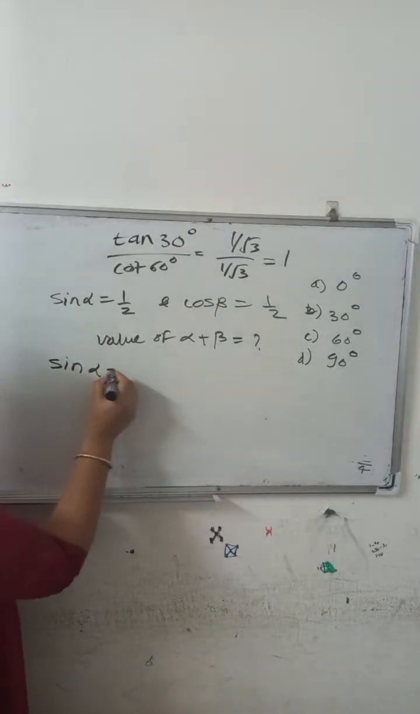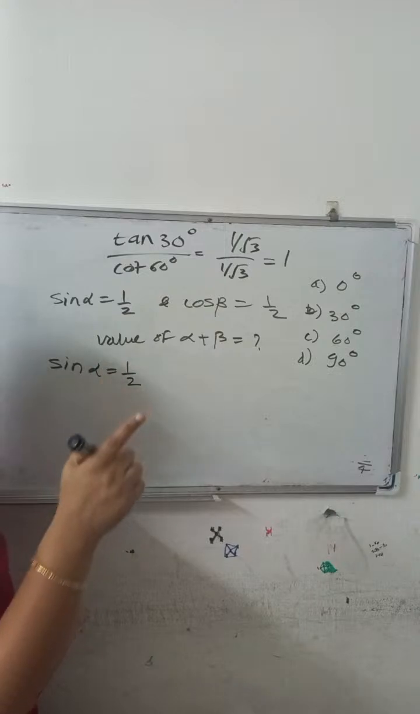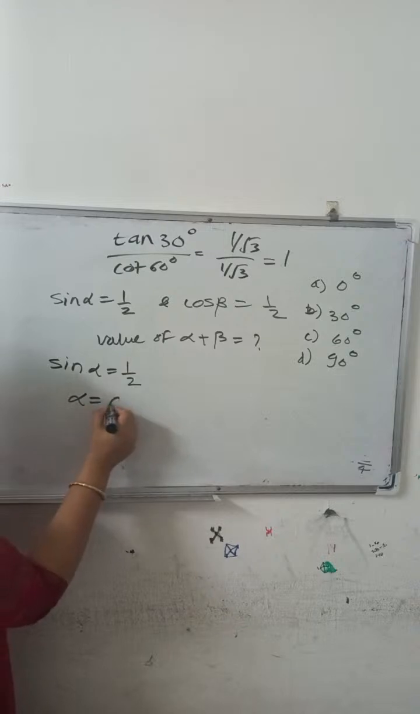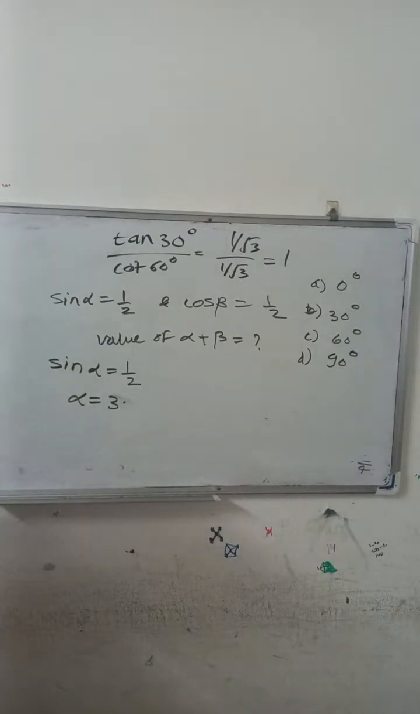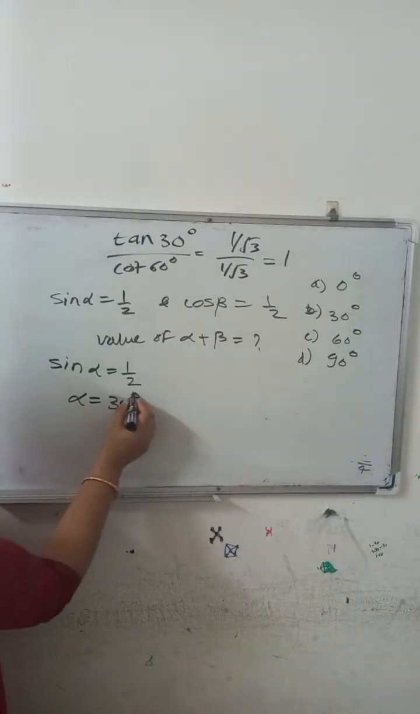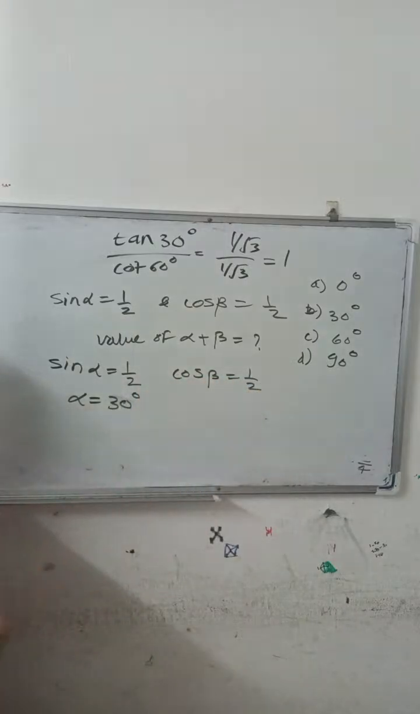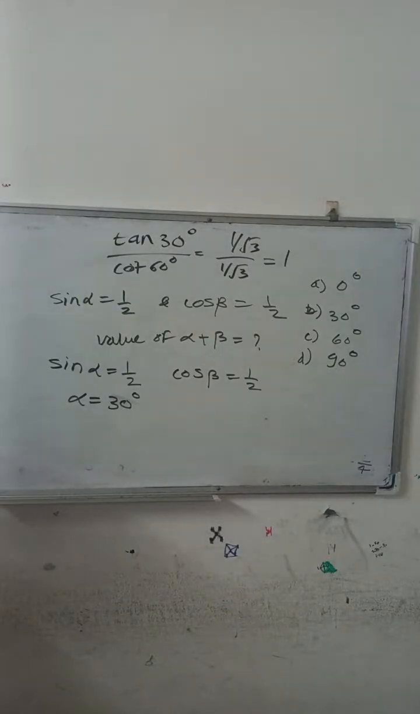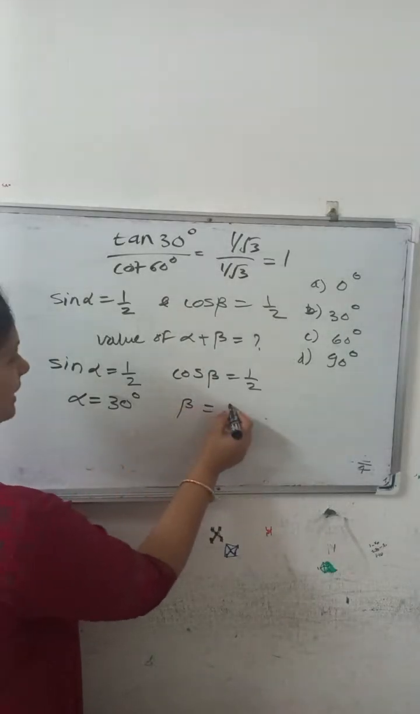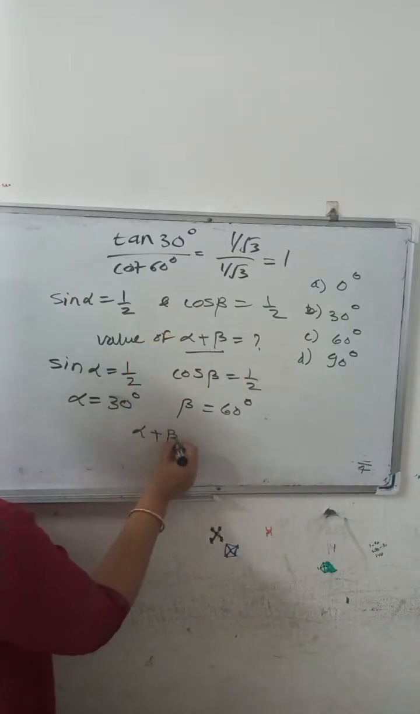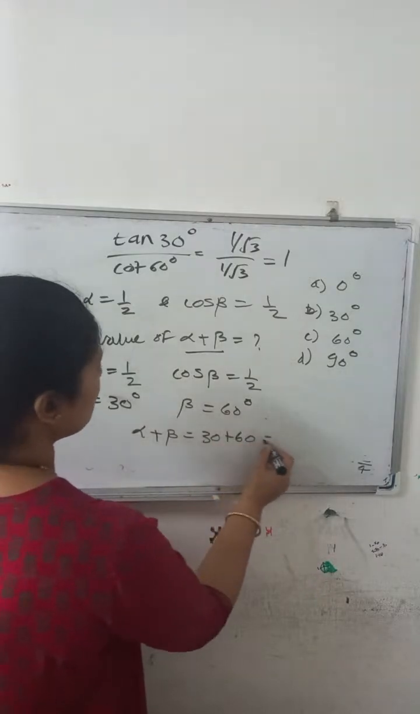See how to solve this. Sin alpha is a half. So sin of which angle is half? That is sin 30. So here I can write alpha is nothing but 30. Sin half is nothing but 30 only. And we have cos beta equal to half. When will cos become half, at which angle? So cos 60. So here I will write beta is equal to 60 degrees. And they are asking the value of alpha plus beta, that is nothing but 30 plus 60 is equal to